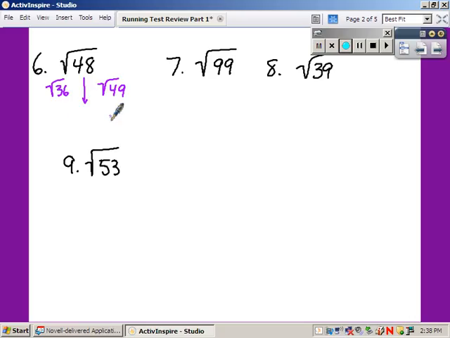So obviously it's a lot closer to 7 than it is to 6. It's only one number off. So we call this one something like 6.5. So likewise, the number 7, 8, and 9, you're going to approach it the same way. What two numbers would it be between? Well, this one, the square root of 100 is 10. Well, this one is just short of that,